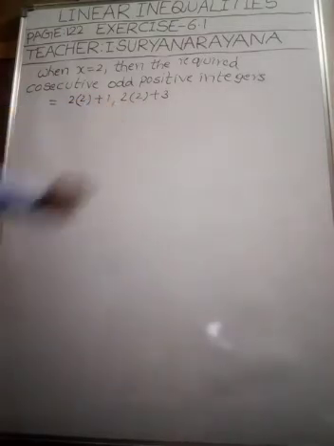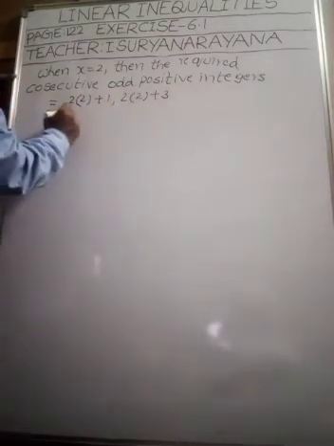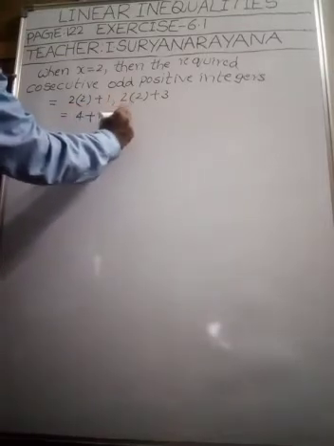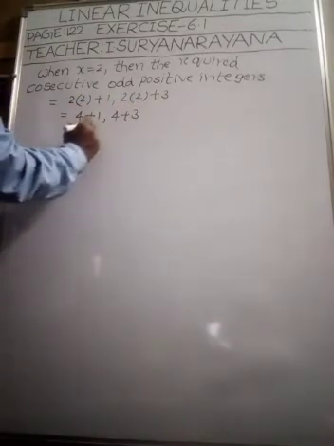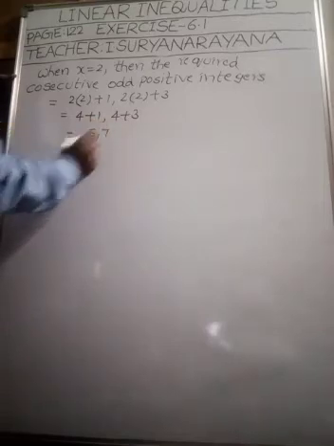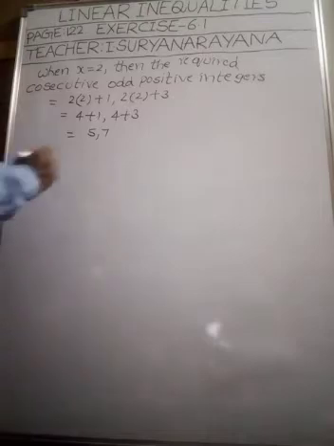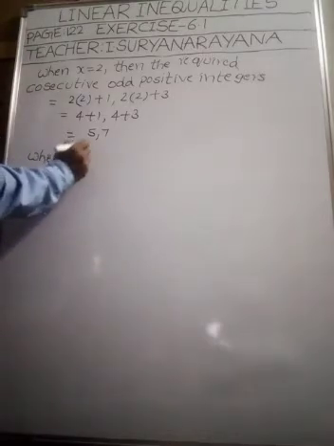Understood this step, my children? Right. That is equal to, what we will get? 4 plus 1. Here 4 plus 3. That is equal to 5 comma 7. This is one pair of required consecutive odd positive integers. Similarly, when x is equal to 3,